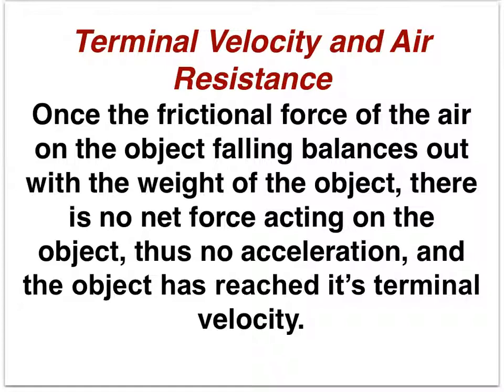Terminal velocity is the friction force from air as an object falls through it in free fall. So once the friction force from the air balances out with the weight of the object, then you'll stop accelerating, because if you remember from Newton's first law, if all forces are balanced, there's no acceleration. So if I have an object, like for instance, if I'm skydiving and I'm falling through the air and my weight is, let's say, 700 newtons, and I experience 700 newtons of air resistance, that means those two forces balance, which means no net force, no acceleration. I will have reached terminal velocity, or my final velocity for my object,